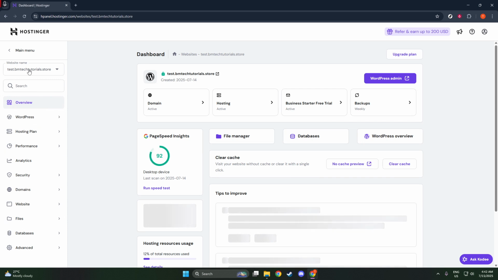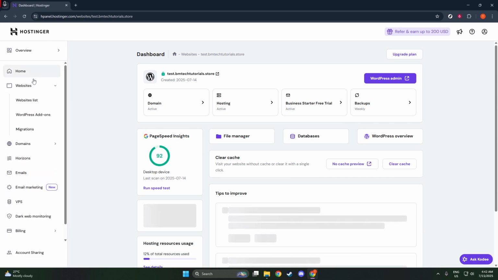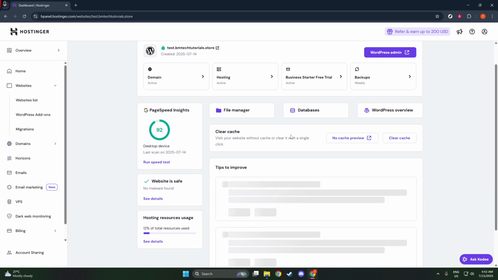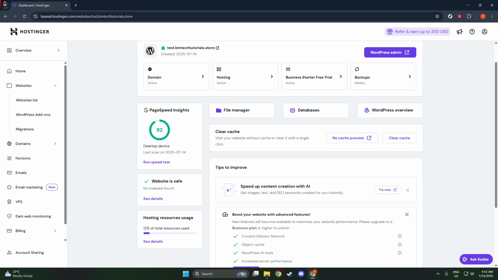This is an essential step because A records are what connect your domain to a server, making your website visible on the internet. Once you select the A record option, you'll notice an IP address provided by Hostinger. Make sure to copy this IP address since it will play a vital role in the upcoming steps. Keep this information handy as you'll need to input it in your DNS settings.